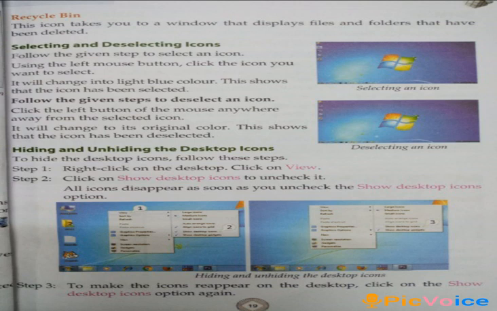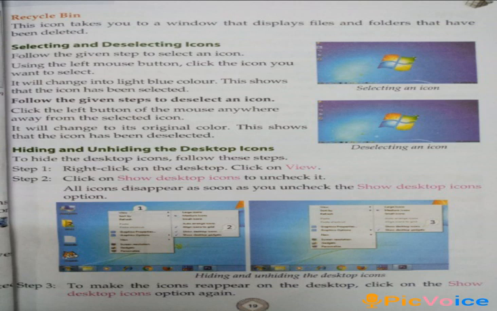And to deselecting an icon, we should click left mouse button once away from the selected icon and it will change to its original color.